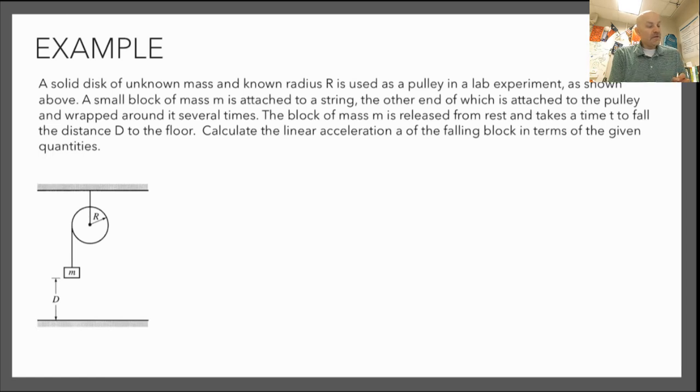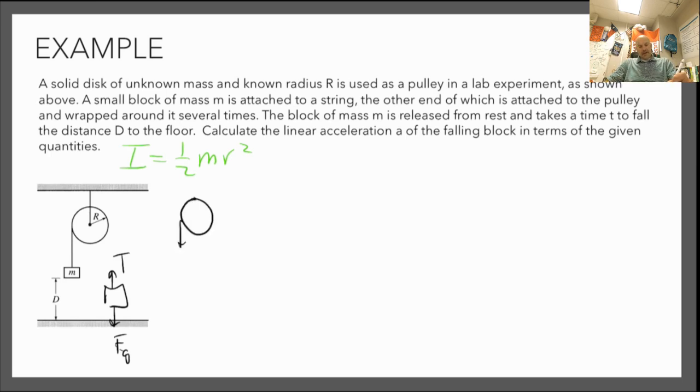this information. So for a disk, for some reason in the picture I don't have it, but I for a disk is 1/2 mr squared. Okay, that's going to come into play because when we do our summing of the forces and summing of the torques, we need that. So let's create our free body diagrams, or our force diagrams. So for the hanging block, we have the weight down, we have tension up, and then for the pulley, we do have to write its weight component on there, and it has tension, but essentially note that